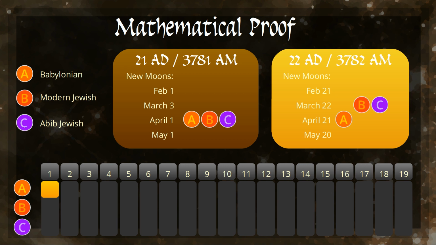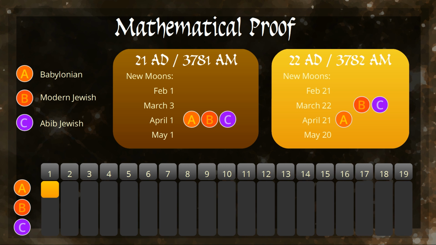The modern Jewish calendar, first of all, the Babylonian New Year must occur after the spring equinox, so March 22nd is too early. The next new moon is April 21st, and so an extra month is added for that year. The modern Jewish calendar requires that Nisan 14, in the middle of the month, happens on or after the equinox. With March 22nd as the start of the month and going forward 14 days, that is well past the equinox, and so it works out.